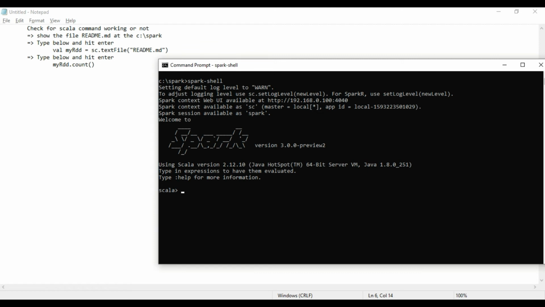Write val myrdd equals sc.textFile, then write readme.md. Now hit the enter.